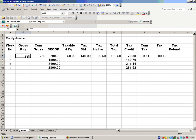We now look at week 1 of Mandy's salary. In week 1 her gross pay is €750. Her gross pay to date is also €750. Her standard rate cut-off, or the amount she can earn at 20%, is €700, which means the remainder of her salary, which is €50, will be taxable at 41%. So we multiply €700 of her salary by 20%, which will give us €140. The remaining €50 of her salary is multiplied by 41%, which will give us